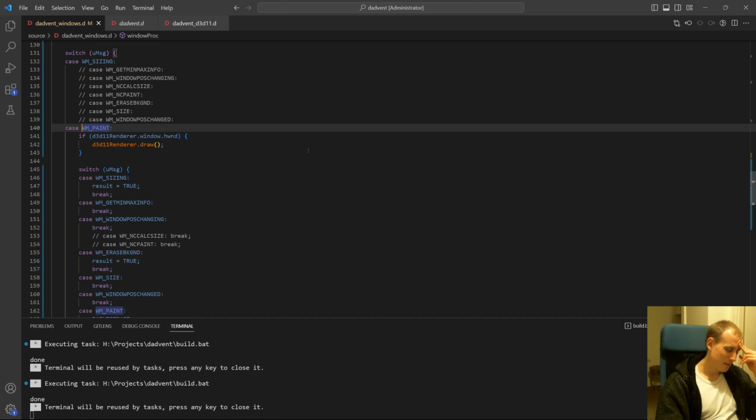Maybe the back buffer isn't resized yet, and that's what's being displayed, and that's why it's lagging behind. Yeah, that would be one explanation, but